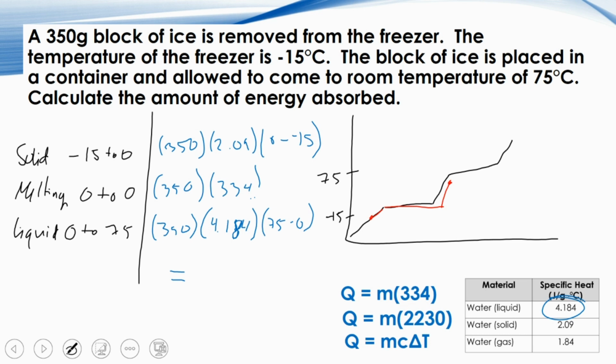So what I'm going to do is I'm just going to walk you guys through the multiplication and then give you guys the final answer. So for this very first one, and I'll do them in a separate color, this first one, we get 10972.5. The next one, 350 times 334, gives us 116,900. And then the last one, 350 times 4.184 times 75 is going to give us